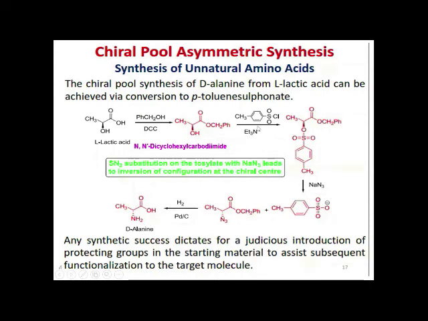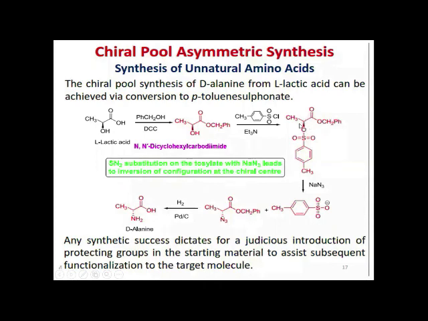In the same way, the base can extract this proton, and from para-toluenesulfonyl chloride the chloride is removed and the oxygen is tosylated. This process is called tosylation. And then by using sodium azide, NaN3, the tosylate is removed, and here N3 acts as a nucleophile and directly attacks here and removes this whole moiety. By this way the oxygen is removed from the starting material.